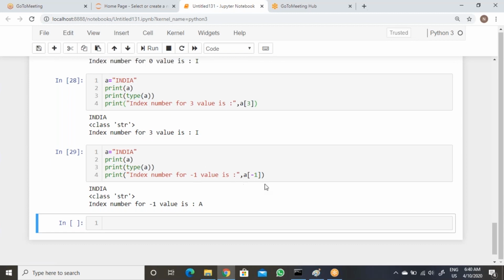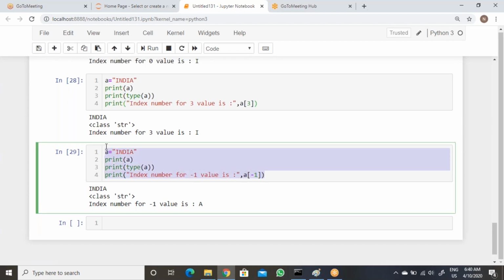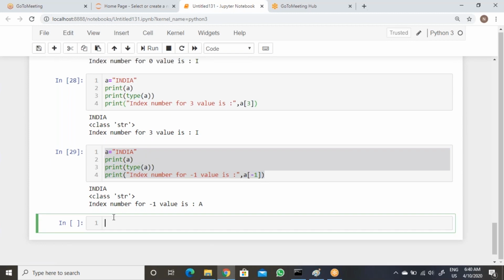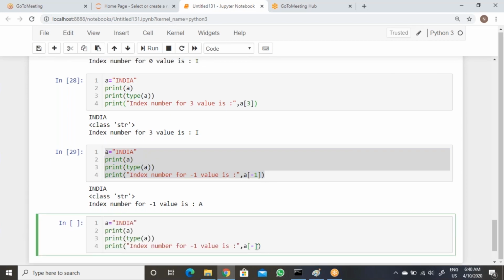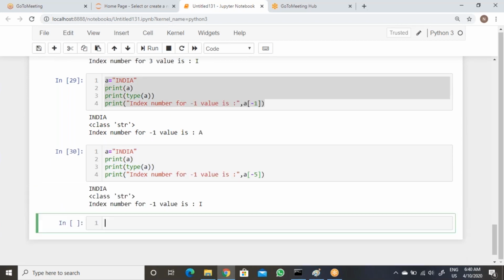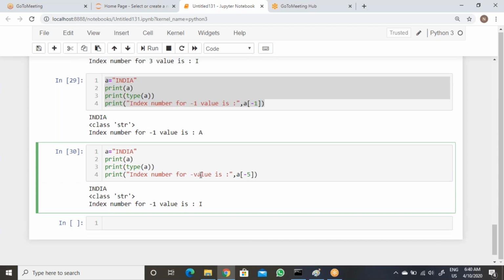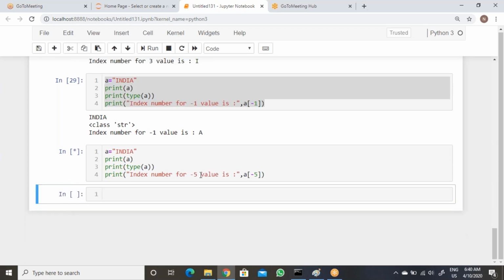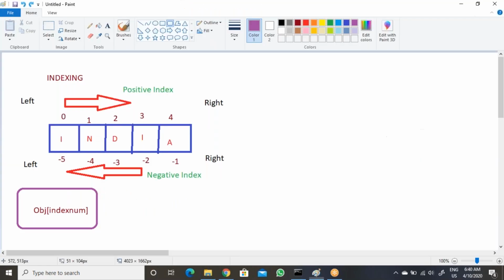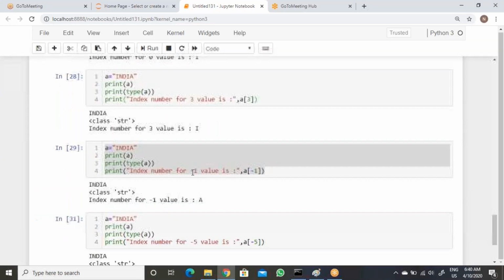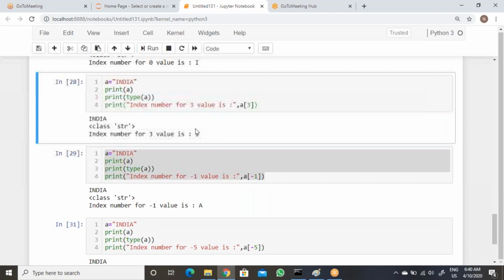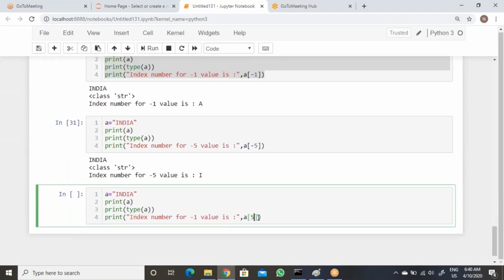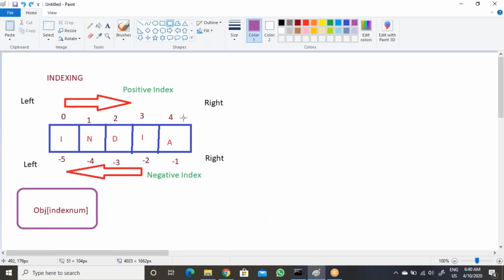When you go -1, it's up to you. You can go for negative and positive index, but we always go for positive index. In some rare cases we will be using negative. So now you can say -5 also, which will be I. And up to now we don't have any problem.